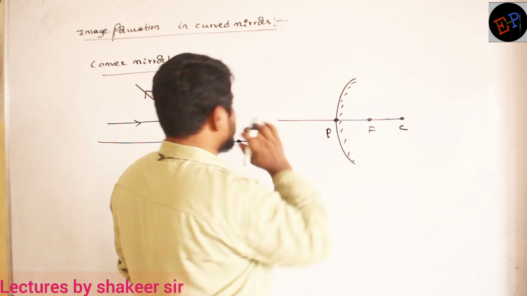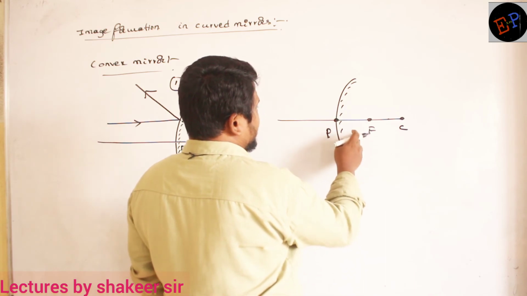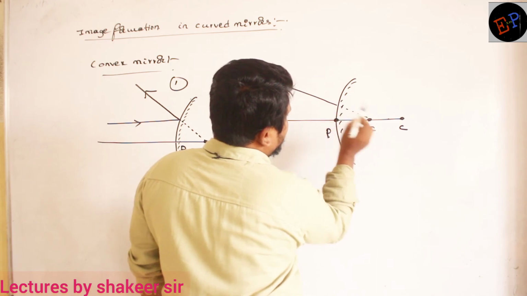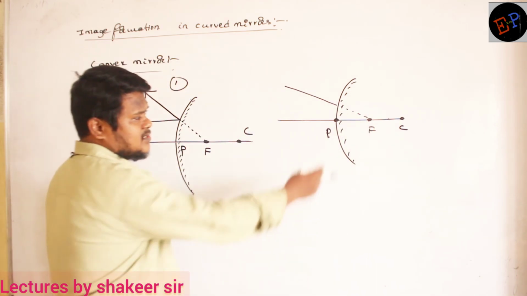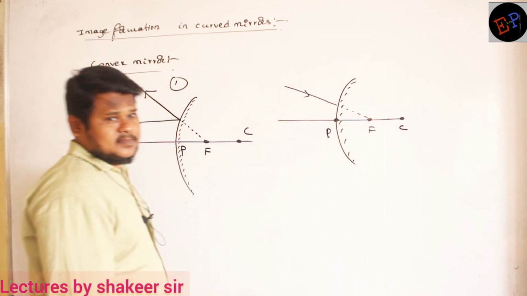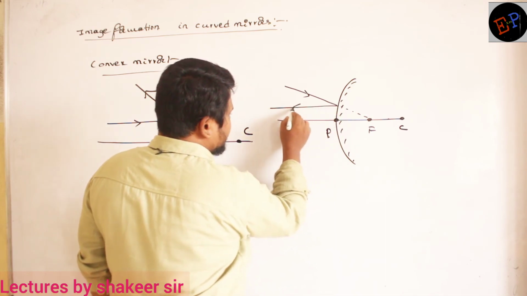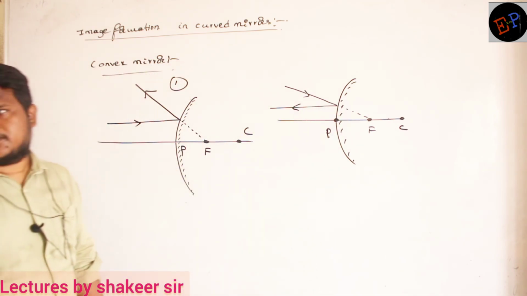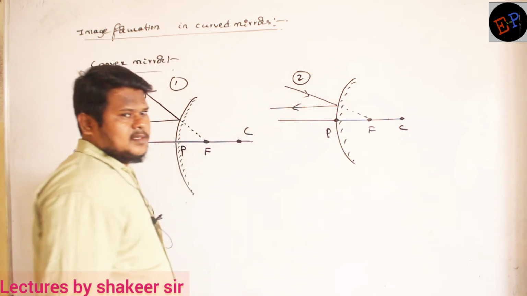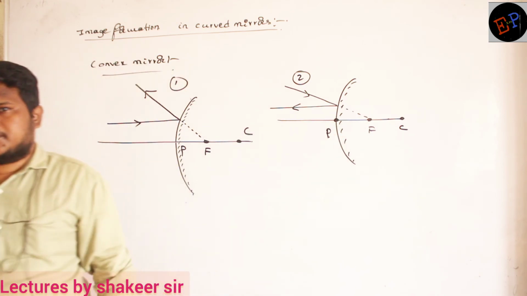Okay, ma? So how shall I draw the diagram? Light rays passing through the focus. This is the focus, no? Light ray passing through the focus. Can light ray enter into this mirror? No. So therefore what will happen, it will reflect here only and it will pass parallel to the principal axis. Okay, that's the representative ray number 2 which we have studied now. Light ray passing through the focus, after reflection, they will pass parallel to the principal axis.